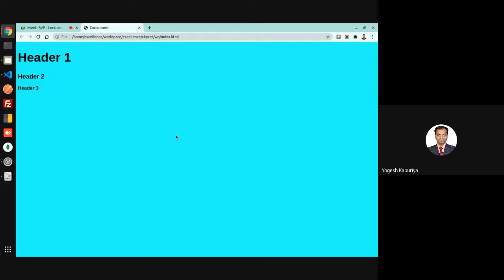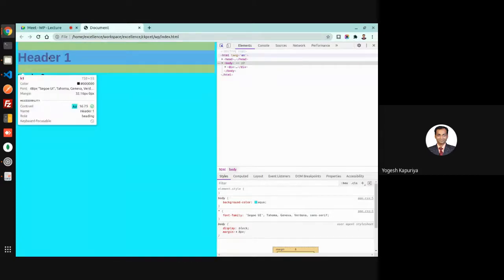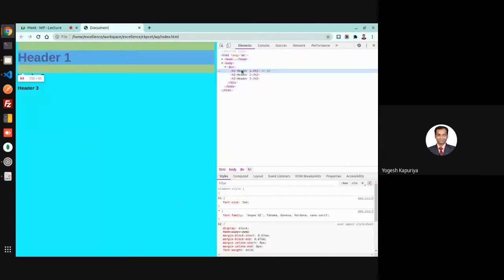Okay, so this is our HTML document which we have created. Now let us inspect which style is applied over here. See this header 1. Now header 1 is font size 3em. We'll discuss what we mean by this em, but right now we are just focusing on how to select an element and what is the preference of selection.